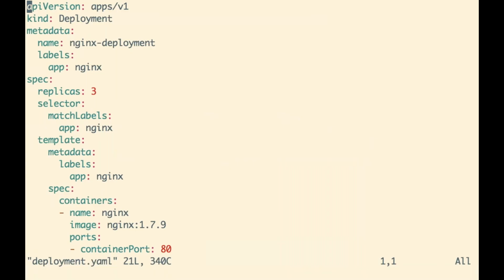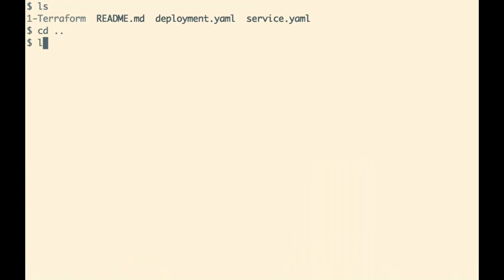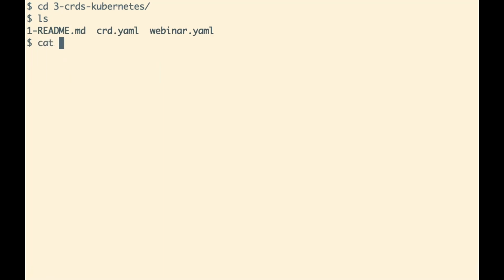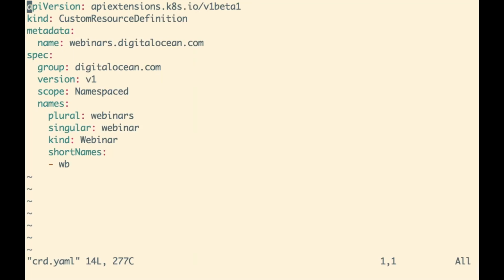So let's go and explore that as well. Let me go to the respective lab. Here we have a file called crd.yaml, using which we can create a custom resource. As you can see, the kind becomes CustomResourceDefinition, and we're creating a group called digitalocean.com.